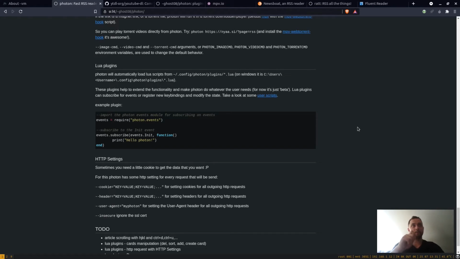So I thought I could make Lua extensions where I can define new things to be done. Lua bindings are